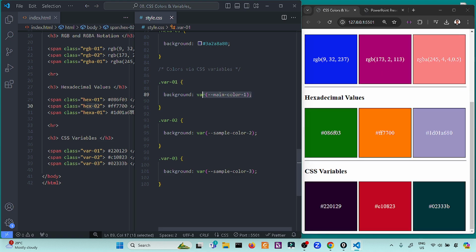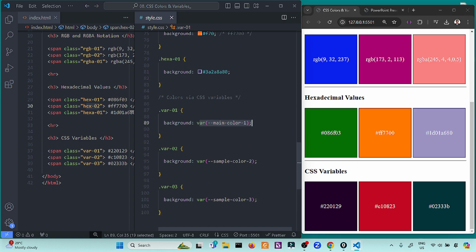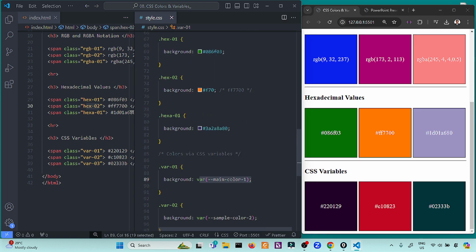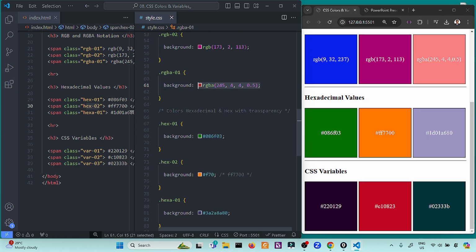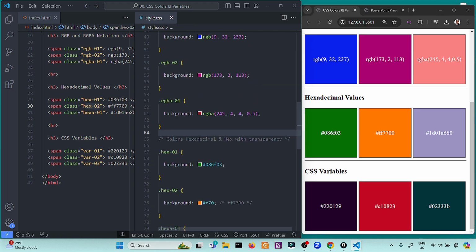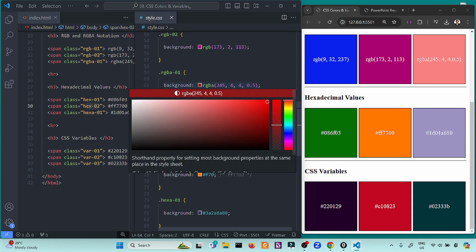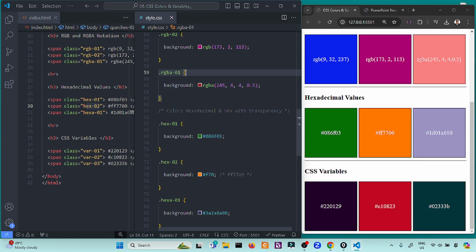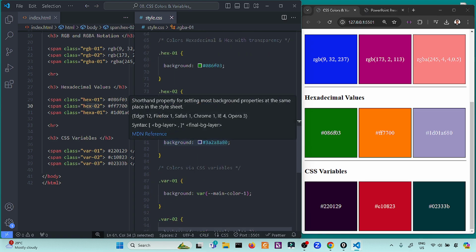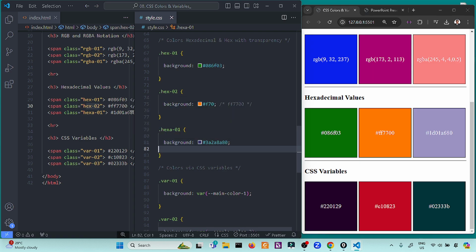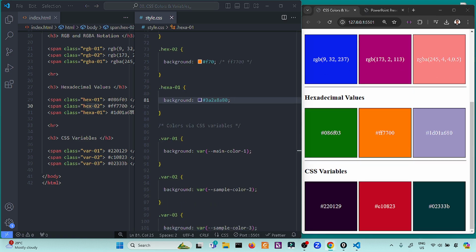I think deriving colors this way is much easier to remember than setting hexadecimal values and RGB values. But for me, if you want transparency, I recommend RGBA because the transparency is easier to understand as opposed to using hexadecimal values. But again, it's up to you if you want to use this method.